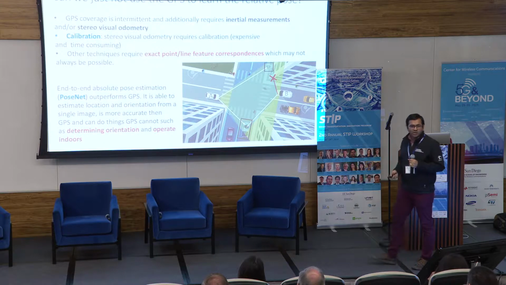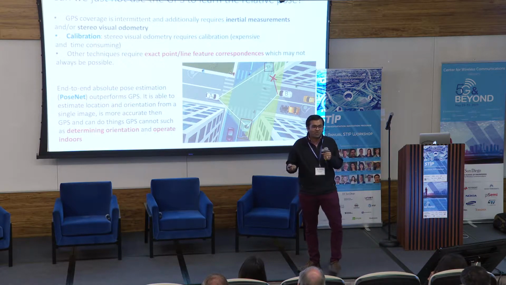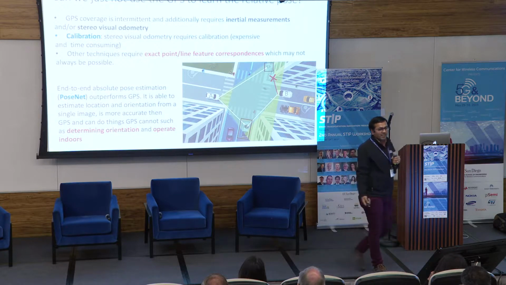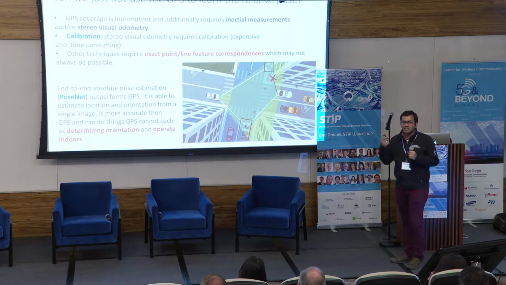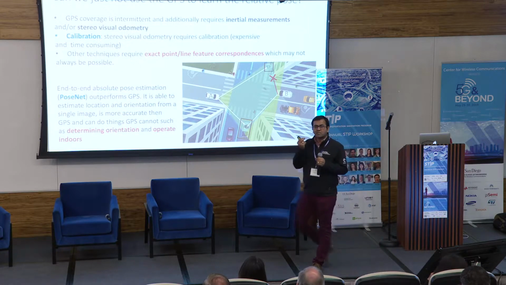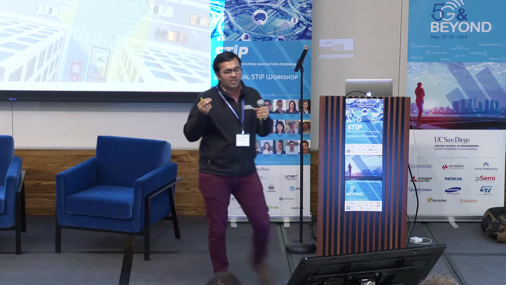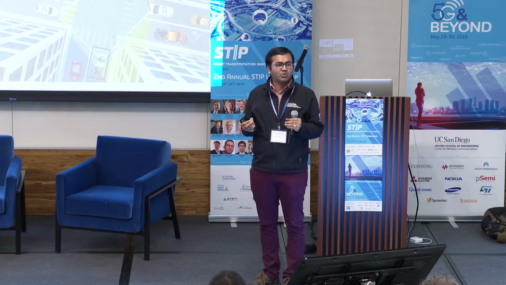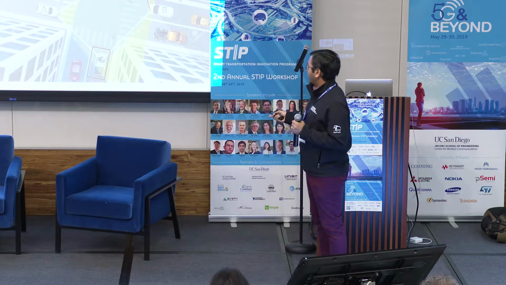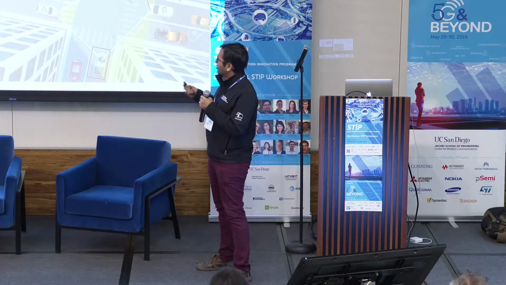Now one natural question is, hey, why not just use GPS? GPS is always there, it can give you location. So the point I want to emphasize here, for people who are new to this, is that GPS doesn't provide you with orientation information. It just provides you with the location, which is insufficient to do any of these combining view translations. And there are many other calibration techniques and so on and so forth.